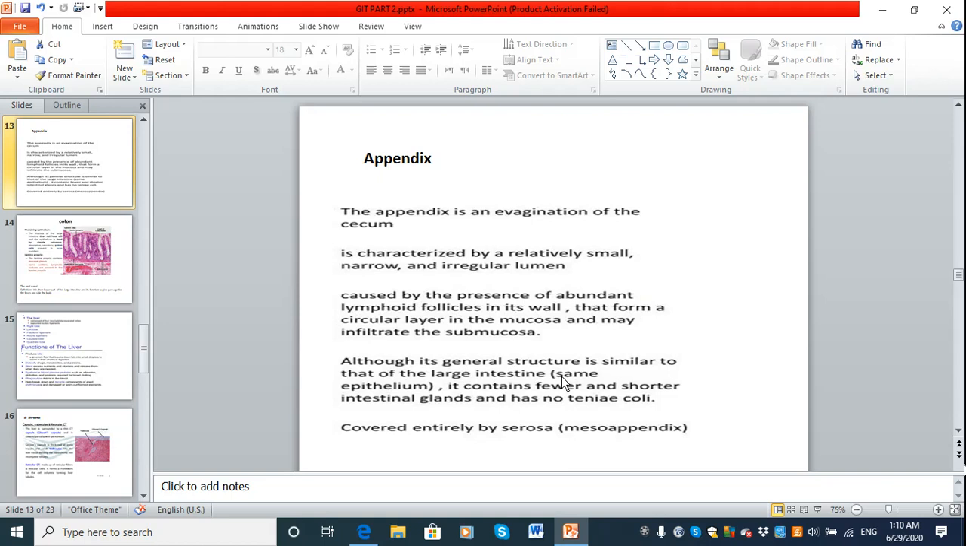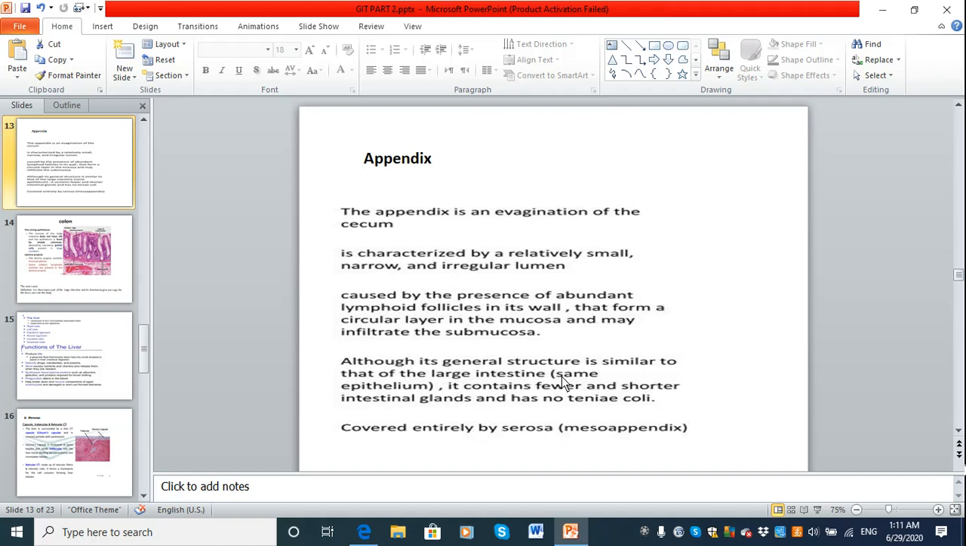Let me give you information about evagination. Evagination is something that starts and increases to become bigger, and it is characterized by a relatively small bladder and irregular lumen. It is caused by the presence of abundant lymphoid follicles in the wall, from the circular layer of the mucosa, and many infiltrate the submucosa. Although in general the structure is similar to that of the large intestine, it contains fewer and shorter intestinal glands, and it has